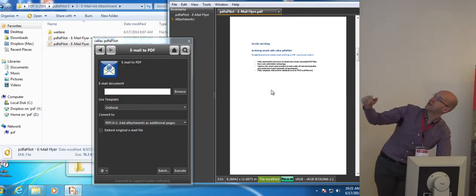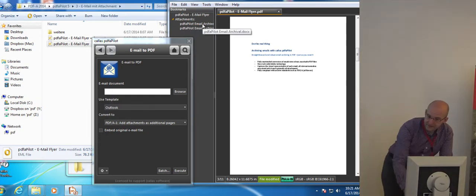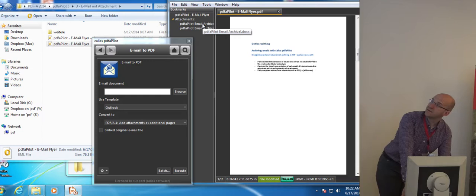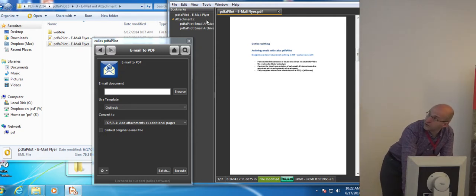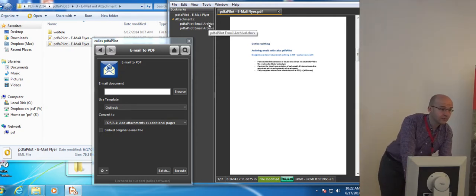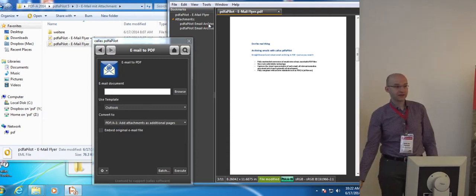We have added the original attachment, converted this attachment, which was a docx Word document attached to this email, to PDF, converted the whole package to PDF A1B, and attached it as separate pages. This is required in PDF/A, of course, because we cannot embed contents as files into the PDF. It has created bookmarks so that you're able to go to the page where the attachment starts. If you had more attachments, you would have more bookmarks.